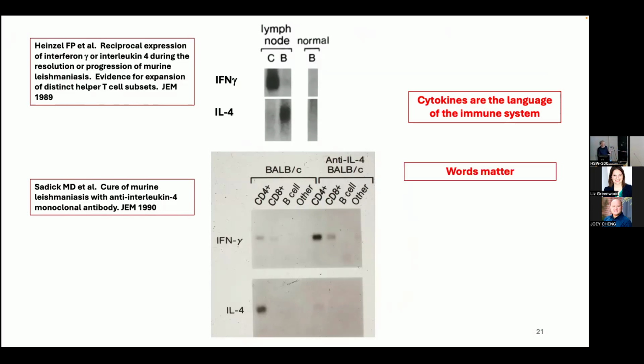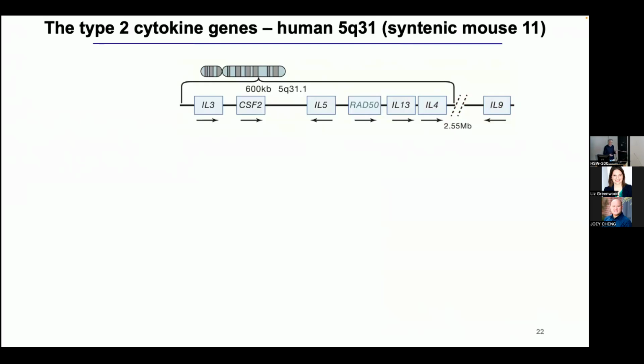Now, the second thing that happened was the Genome Project was starting, and Eddie Rubin, who was an MD PhD with Y.W. Kan here at UCSF, went over to Livermore to start on human chromosome 5. Chromosome 5 is right where the cytokine locus is, where all these genes are gene duplicates. And the core cytokines we're going to talk about are 4, 5, and 13, all of which are targets for asthma and allergy confirmed in humans.